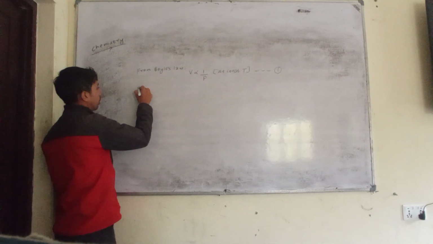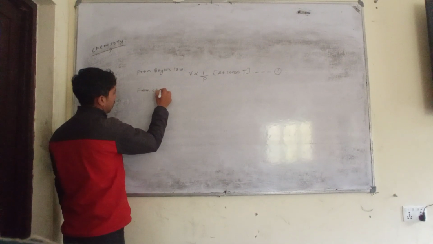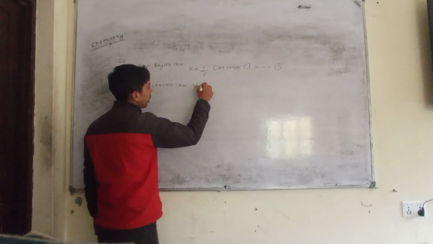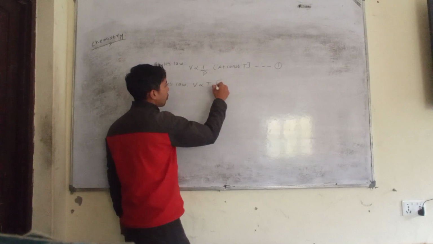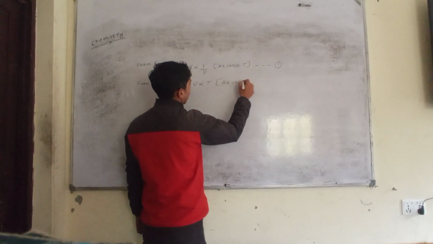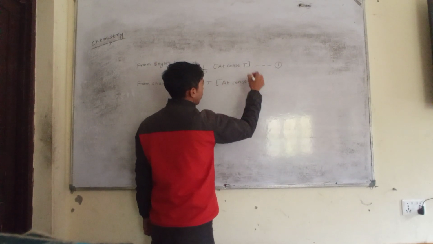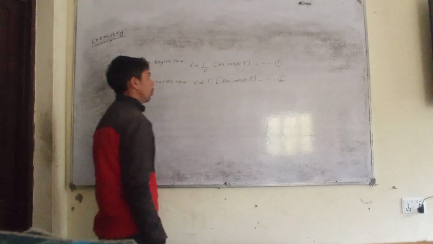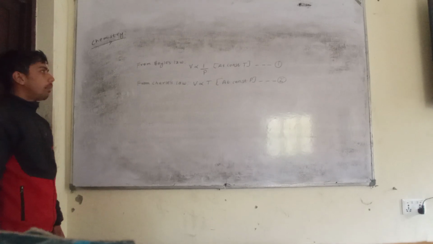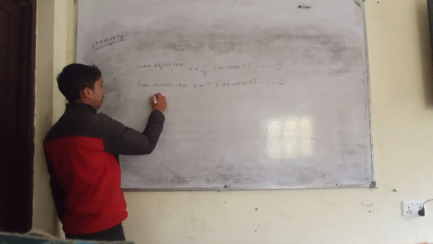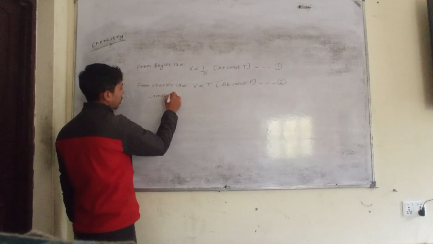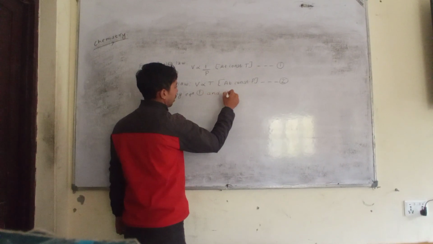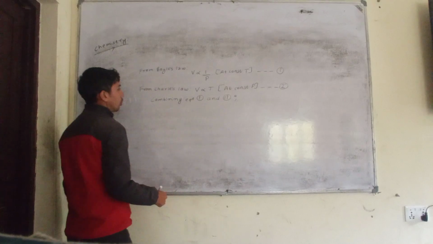Now from Charles' law, volume of a given mass of a gas is directly proportional to temperature at constant pressure. This is equation number 2. Now we need to combine both equation 1 and 2. Combining equations 1 and 2, we get